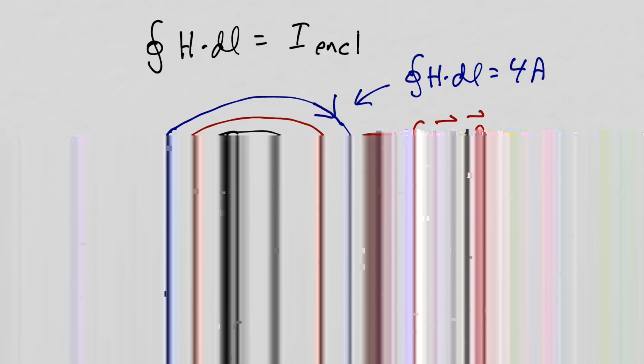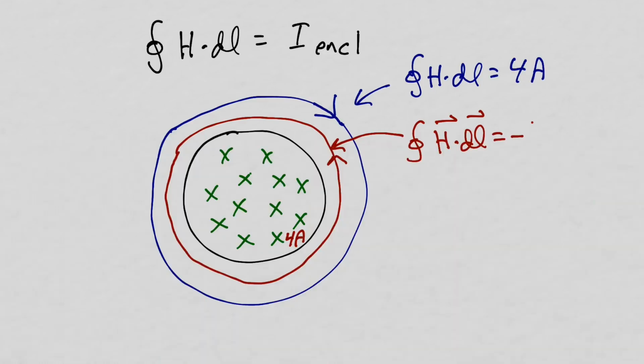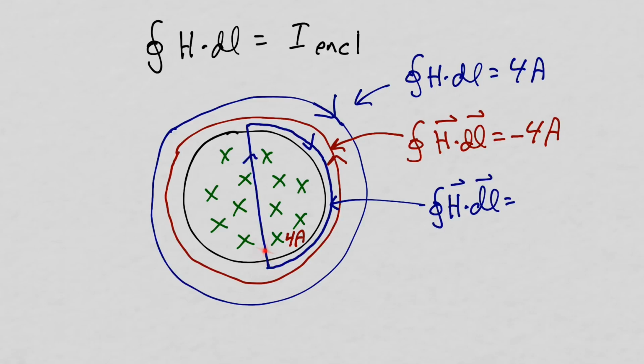Now I've chosen a path that goes clockwise, but it cuts through the middle of the wire. So only half the current is flowing through the surface here. So if you put the fingers of your right hand in the direction of integration, your thumb points into the page, and the amount of current flowing into the page through this surface is 2 amps. So this integration of H dot dl around that path will equal 2 amps.